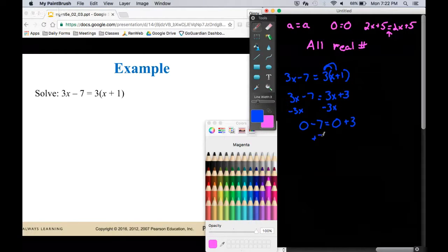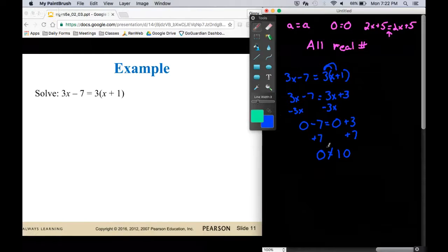You're going to add the 7 to both sides because you want it to be positive. It will make your life easier, which leaves you with a 0 over here. 3 plus 7 is 10. 0 equals 10. Does 0 equal 10? This is not actually a trick question. 0 does not equal 10. So in this situation, you have something that is not true. If at any point you have things that equal each other, you get all real numbers. If you have something that's not true,